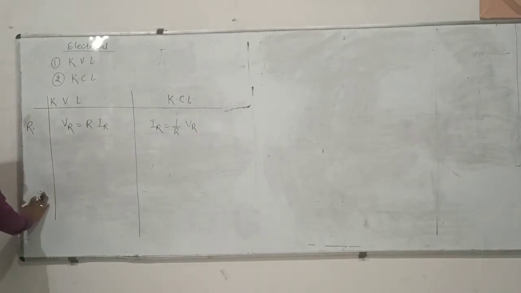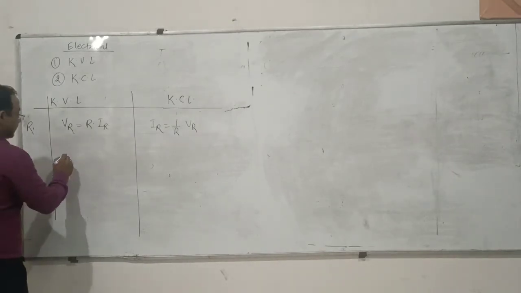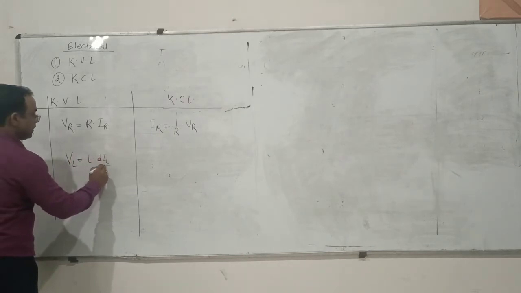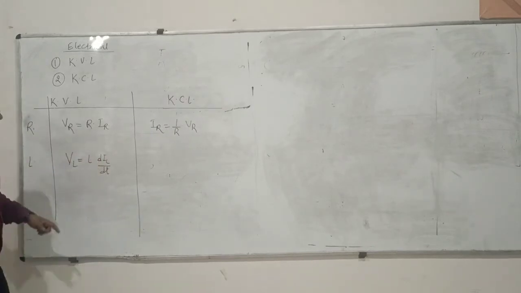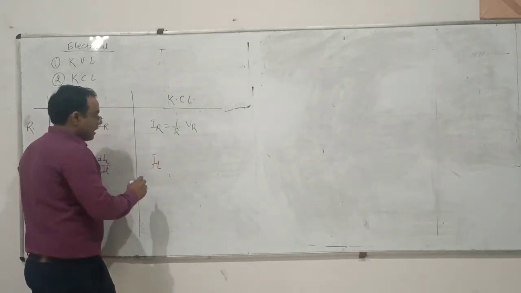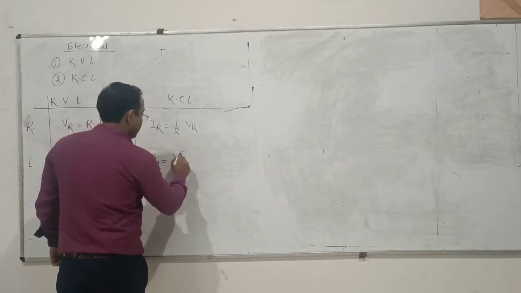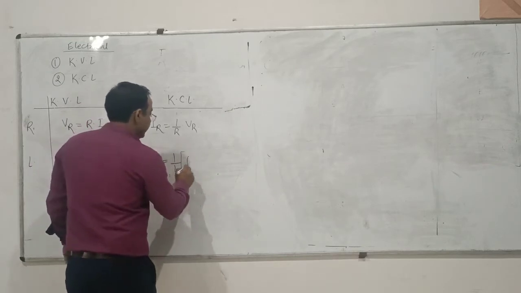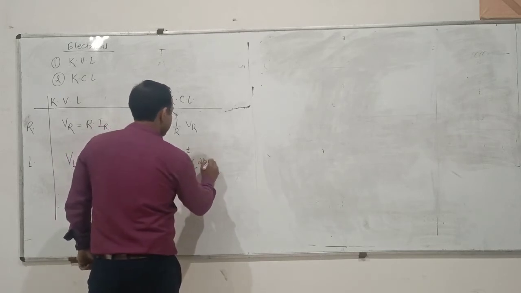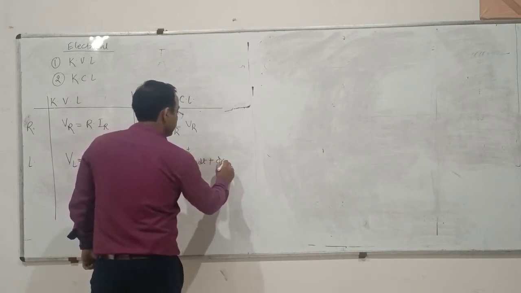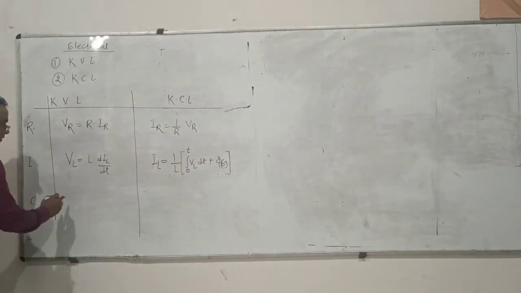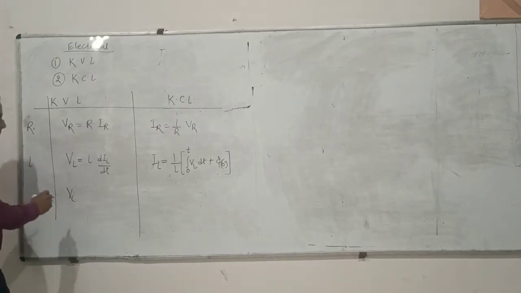In the case of inductor, we can write it as VL equals to L into dIL upon dt. Whereas the inductor current IL is given by 1 upon L, 0 to T into VL dt plus phi of 0 minus. Okay. In case of capacitor, the capacitive voltage VC is given by 1 upon C